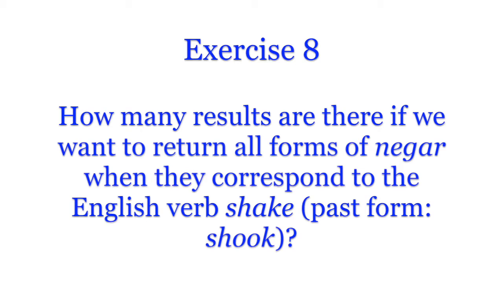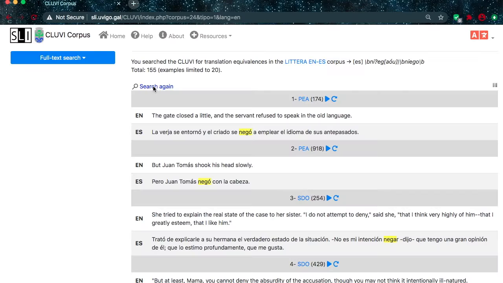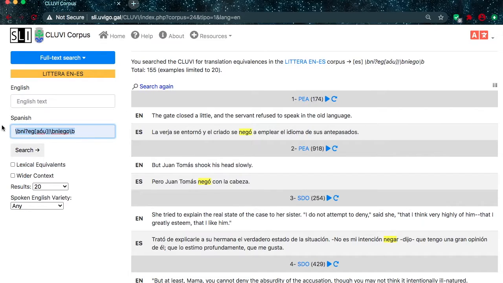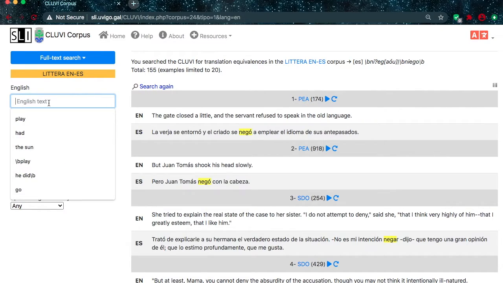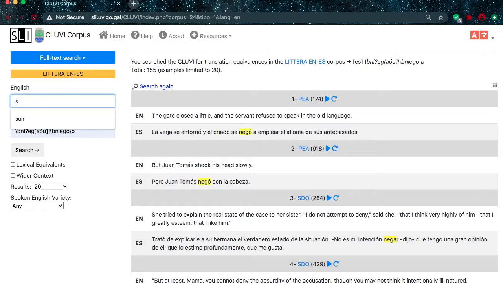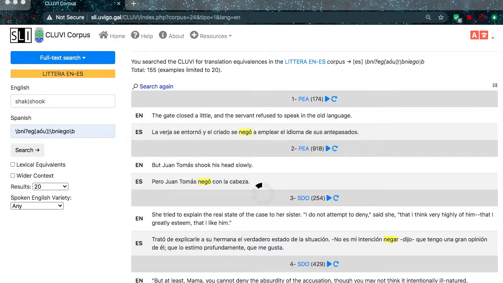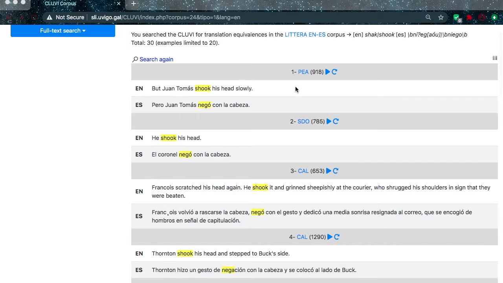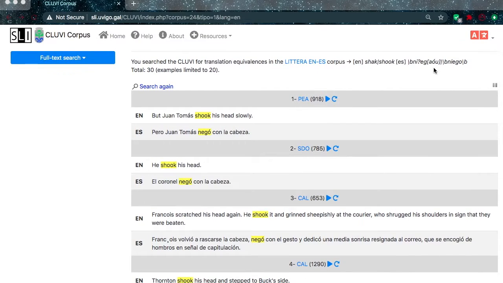Exercise 8. There are 30 results. We can use the same formula from the previous exercise as seen on the screen, but now we must also search for all forms of shake.